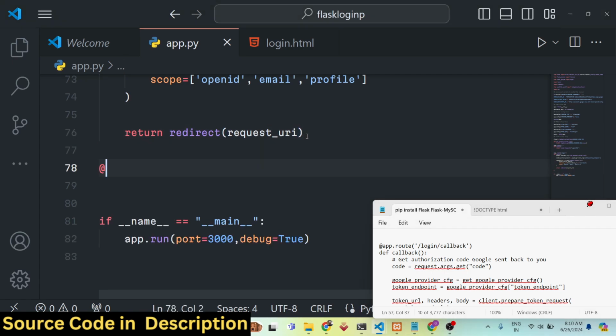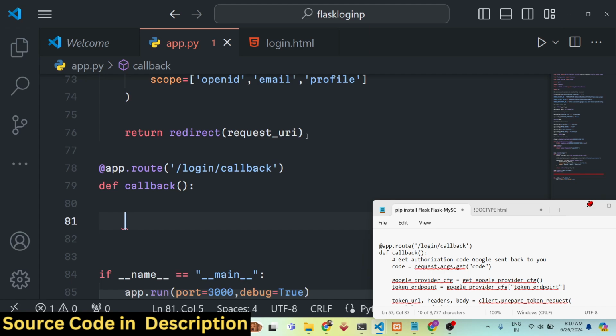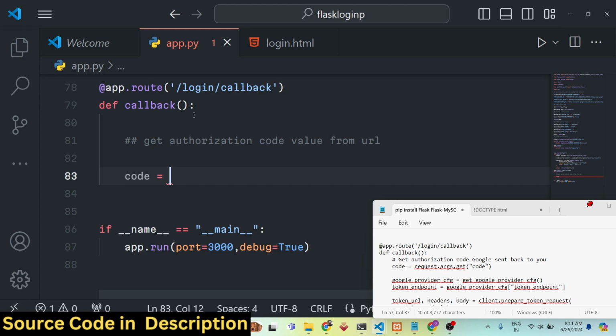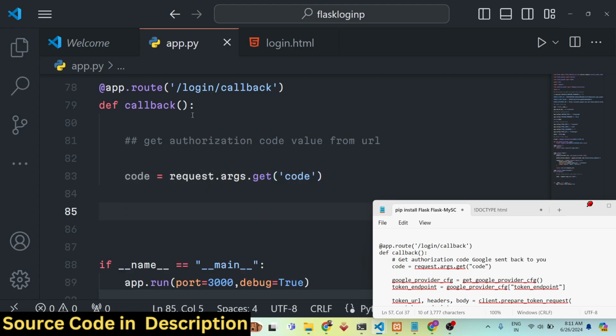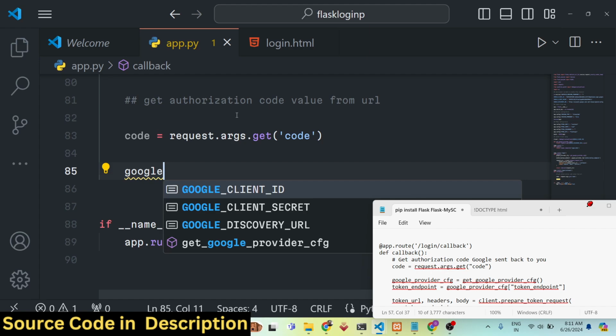So right here, app.route and /login/callback, and we will be defining this. We need to get the authorization code value from the URL. To get that value, we define the code, store request.args.get, and that was the code argument. We will store the authorization code in this variable and then simply say